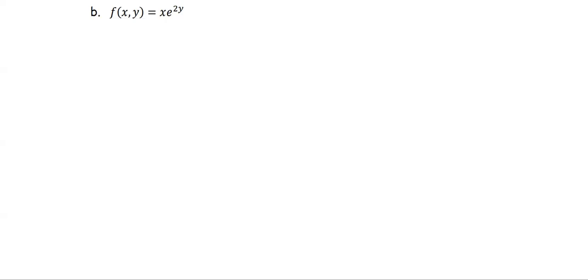In this example, we're gonna find all four second order partial derivatives: fxx, fxy, fyx, fyy. For the first order partial derivative, fx, for the partial with respect to x of the function x e to the 2y, we treat x as